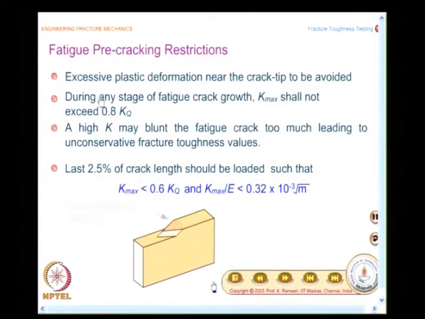One of the assignment problems gives you this experience, and if you do that, you will be in a position to understand how these conditions could be imposed, at least in your calculations. So, you have a set of recommendations for fatigue pre-cracking, and it is linked to the value that you are going to evaluate finally. So, a priori you do not know what is Kq. This is where the challenge lies. You have to have a reasonable guesswork when a new material is given to you.